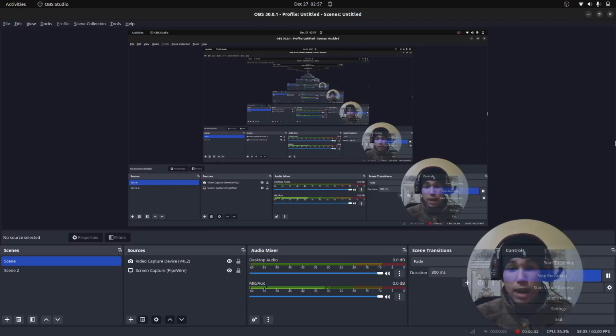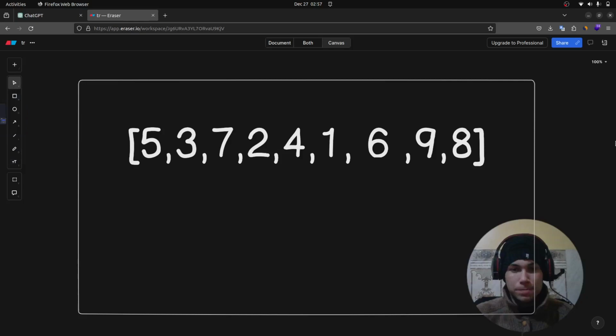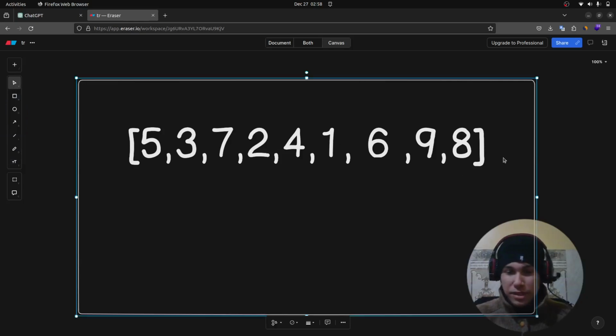Hello guys, I will explain to you the selection sorting algorithm. I'm not an expert by any means, but I just know enough maybe to help you. Okay, let's go. So we have this array,